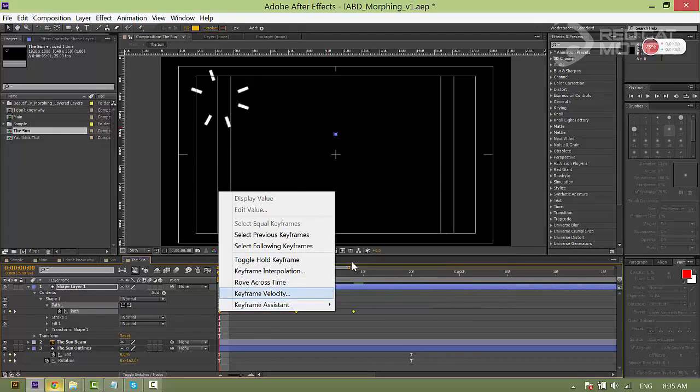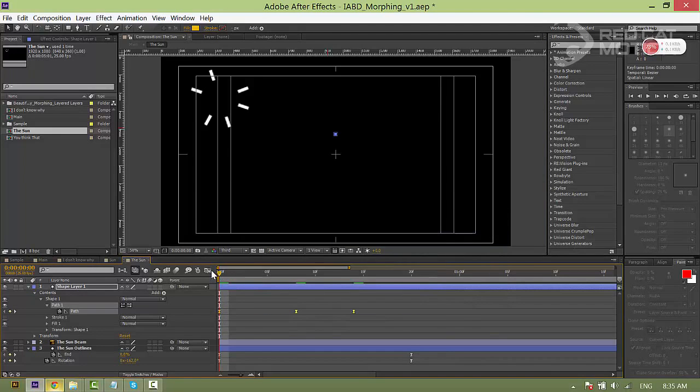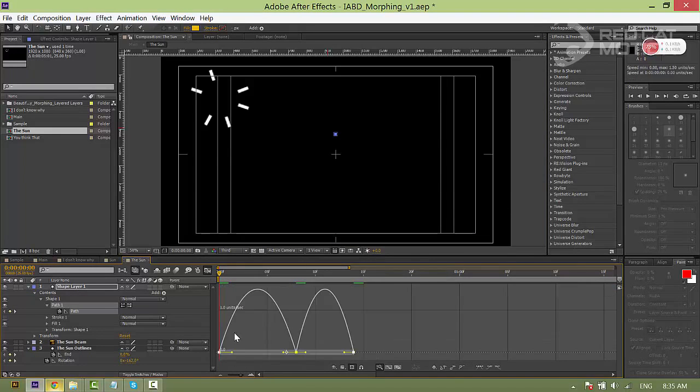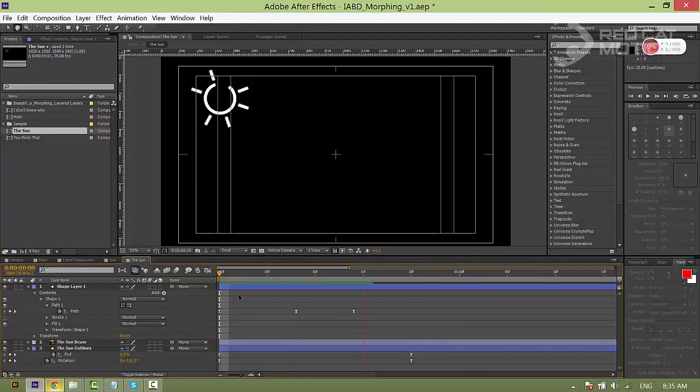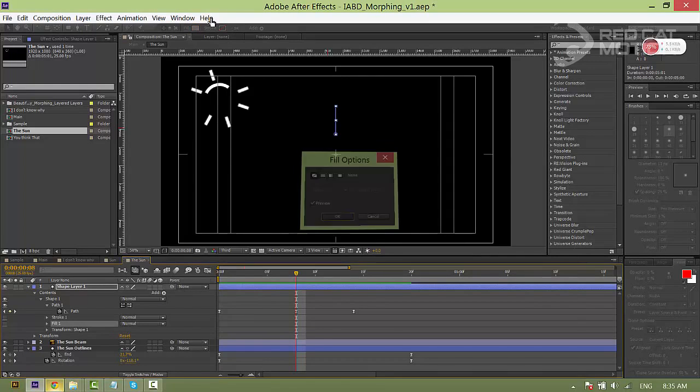I will select all the keyframes, choose Easy Ease, then go into our graph, and then drag both ends like this. Let's see the motion we have here. Something I forgot, remember to turn off the fill and set the stroke color to white.